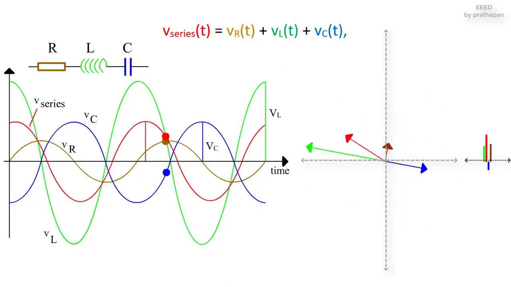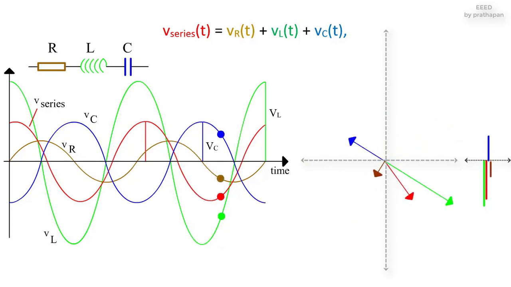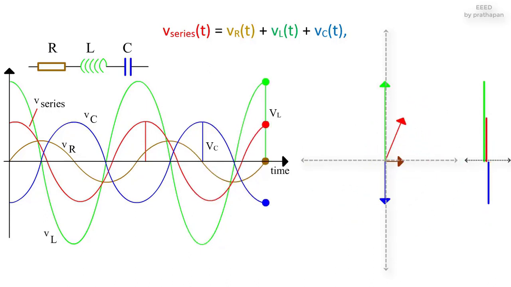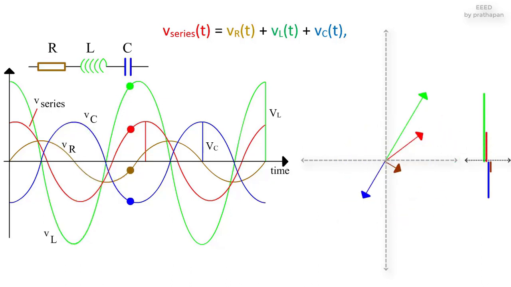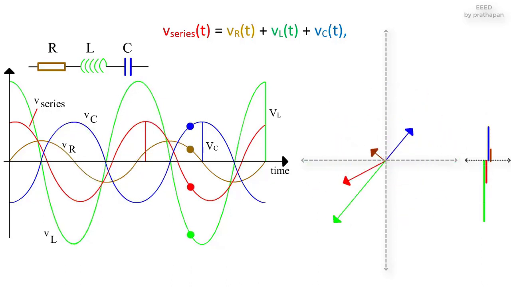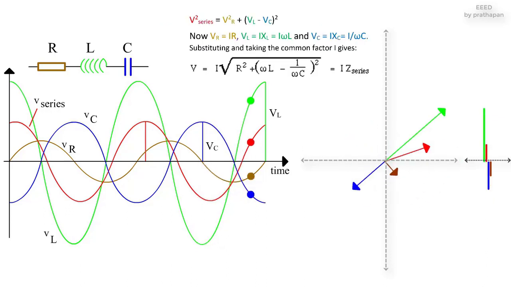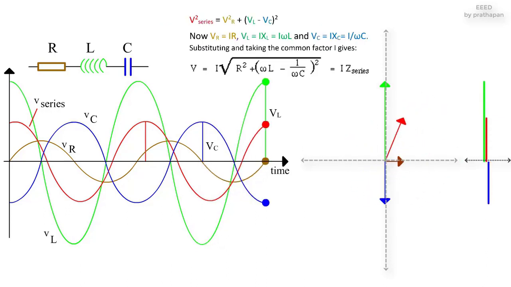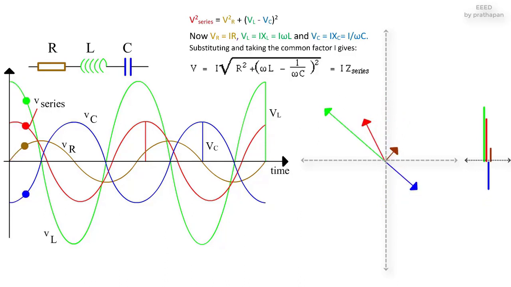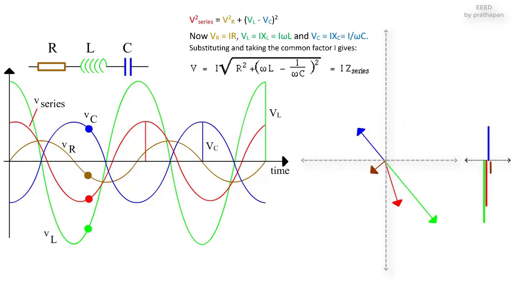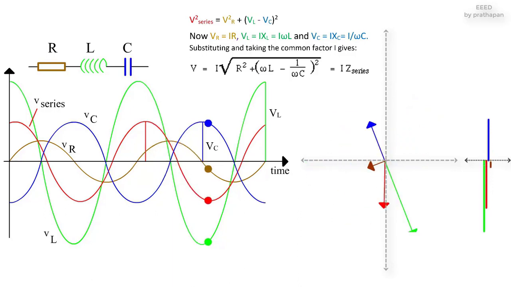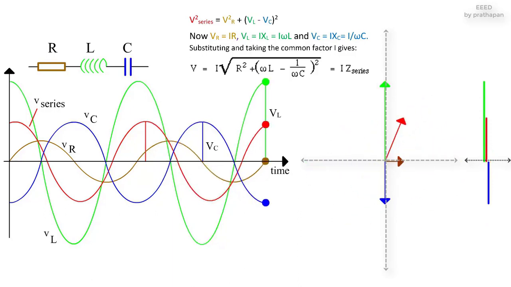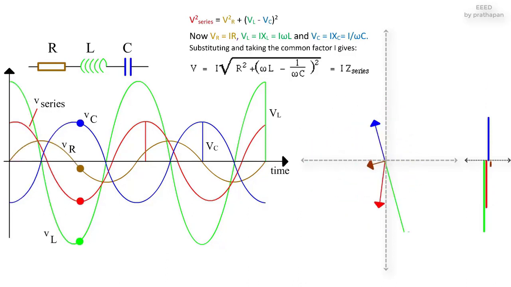The voltage across the ideal inductor is anti-parallel to that of the capacitor, so the total reactive voltage, the voltage which is 90 degrees ahead of the current, is V_L minus V_C, so Pythagoras now gives us V_series squared equals V_R squared plus (V_L minus V_C) squared. Now V_R equals IR, V_L equals I X_L equals I omega L, and V_C equals I X_C equals I over omega C. Substituting and taking the common factor I gives